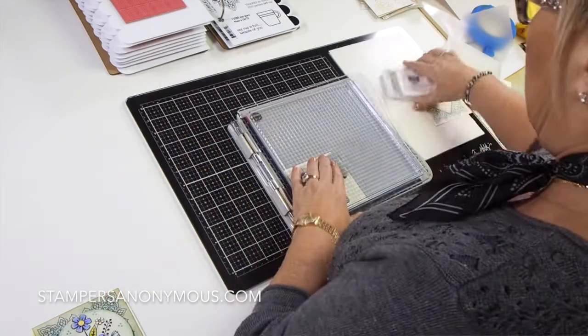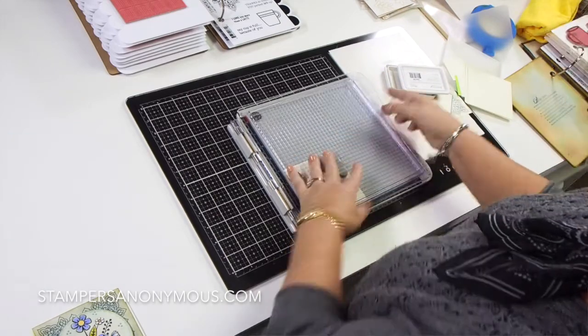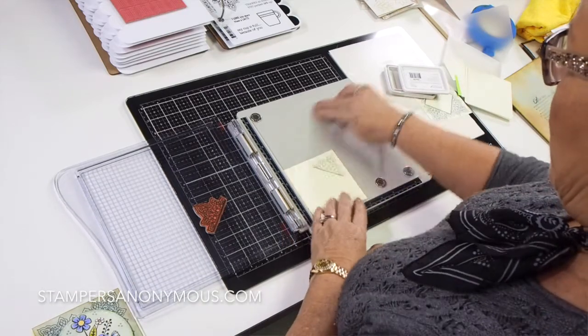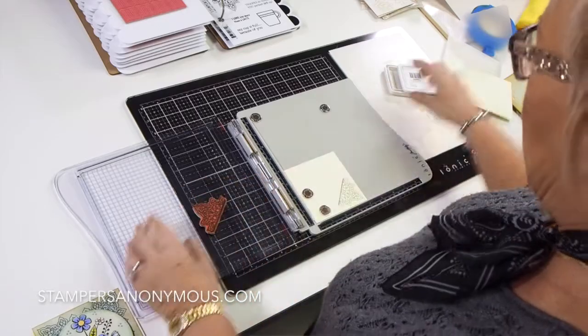Okay. So when I press this down, you'll see that I have just one corner stamped, and that's what the stamp was originally going to look like, just a little doily. So now if I move my magnets, turn my paper a quarter of a turn, put my magnets back on there so I know that those are going to stay there, ink my stamp again,